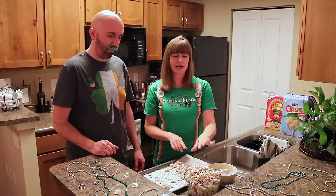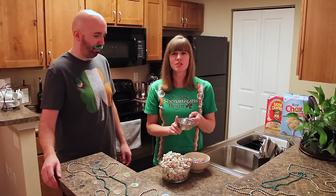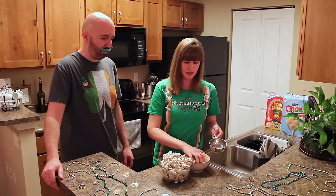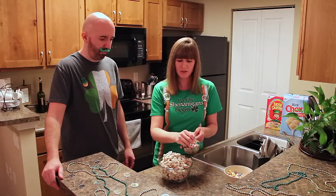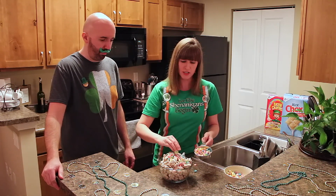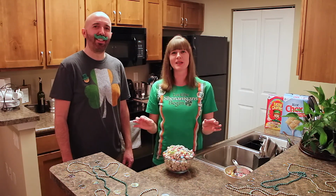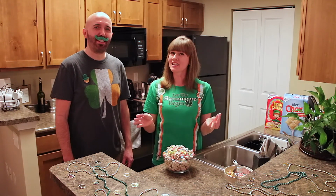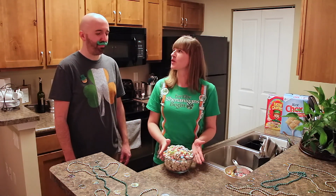All of our snack mix is now in our bowl, and it's time to add our marshmallows. So you're just gonna go ahead and measure out 1 cup of the marshmallows. And then you're just gonna sprinkle these right on top. And there you have it, a super easy and fun and kid-friendly Lucky Charms Leprechaun Snack Mix, or if you will,